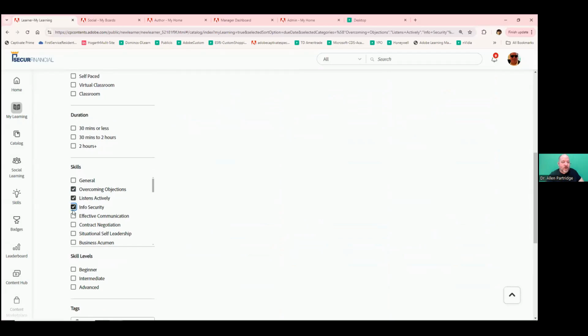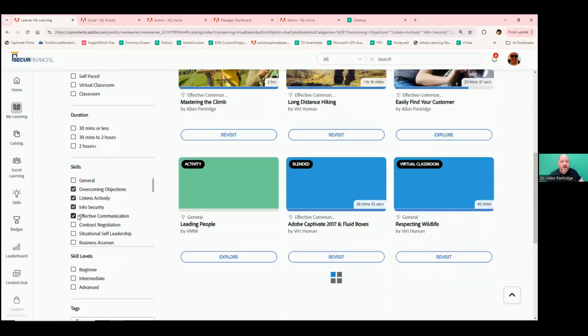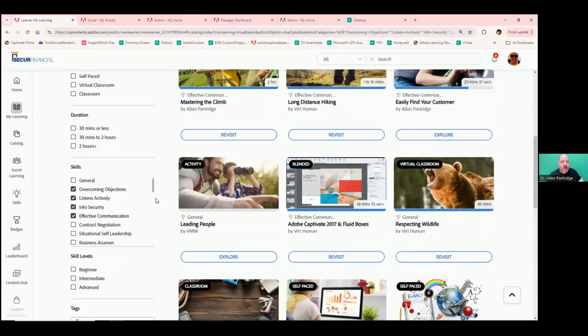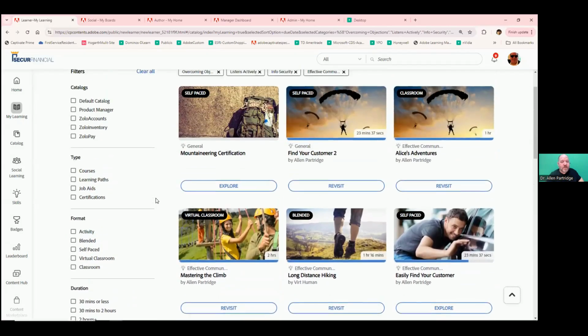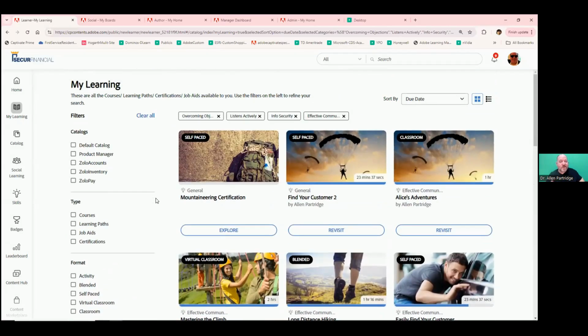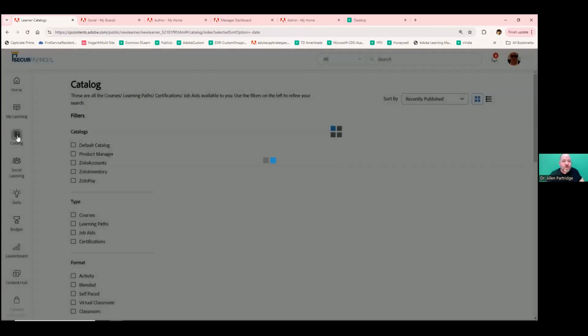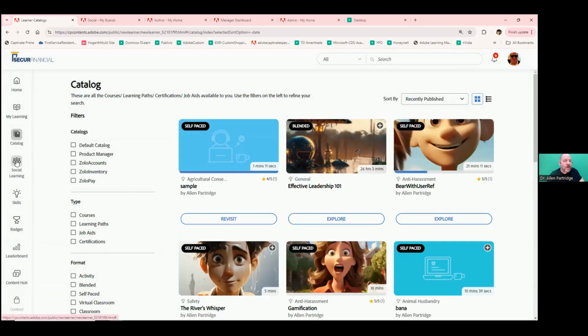So this will find all of the courses that are in the system that are aligned to the specific skills that have been selected. So you can do what I call skill shopping. And there in skill shopping, you can say, okay, well, I know that I need these additional skills earned, so I can go forward with that kind of solution. Also, catalog views are available that allow you to look at the individual catalogs, and the social learning space is